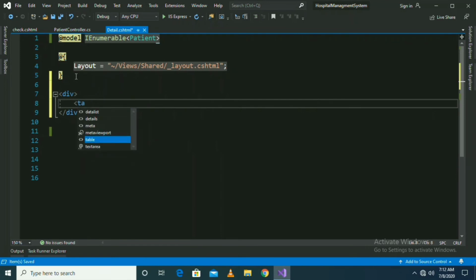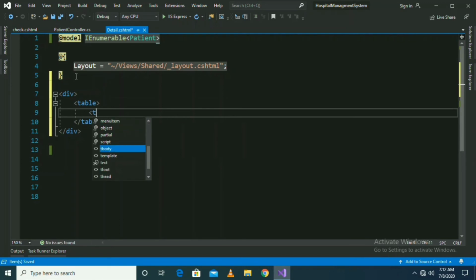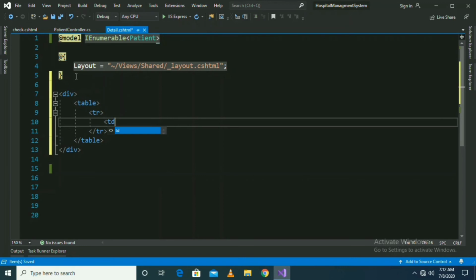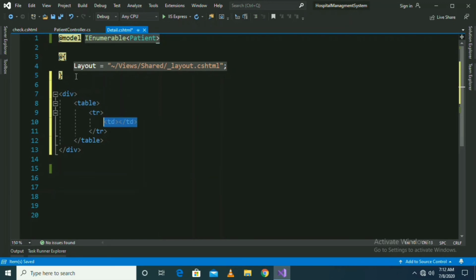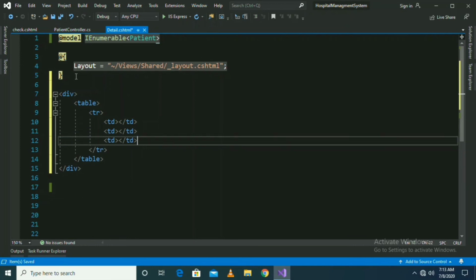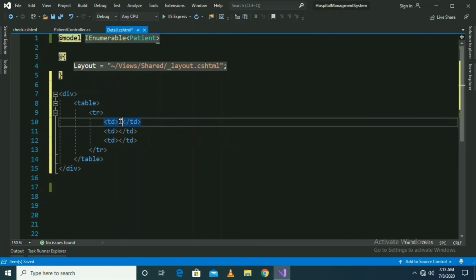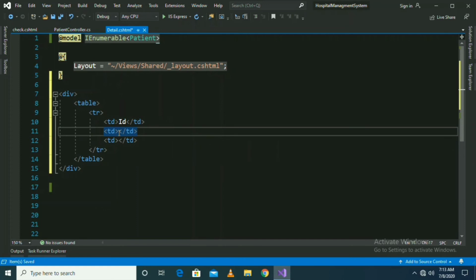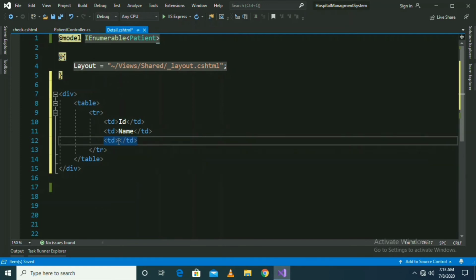Okay, now if a list of patient comes, we need to display it. For this I am going to take a table. This is tr. Within tr I have to take 3 tds because my record contains 3 columns: ID, name and disease.